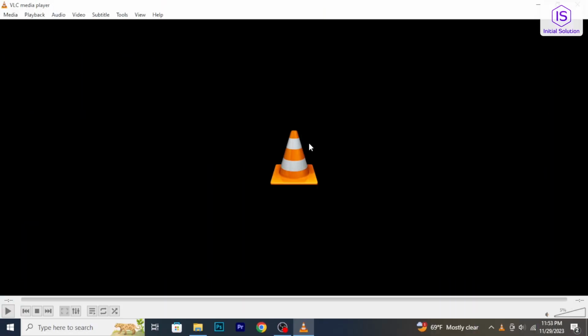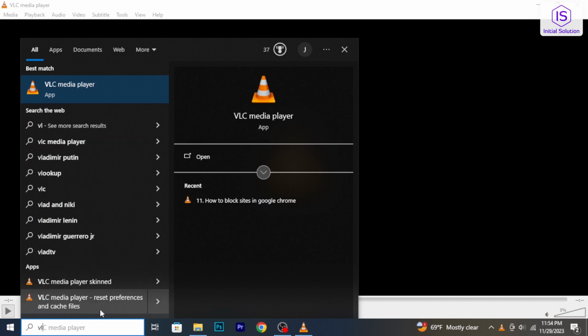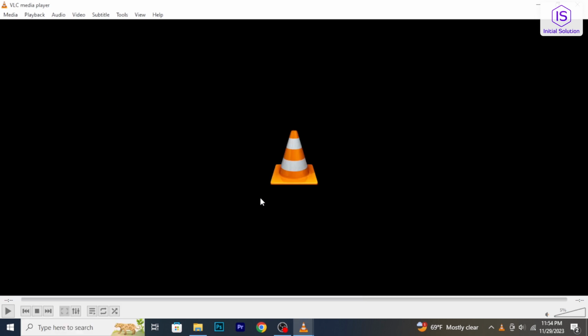Open BLC Media Player on your computer. You can open it by double-clicking on the desktop icon or searching for BLC in the Start menu and clicking to open the application. To play media files, click on the Media tab at the top right corner of the